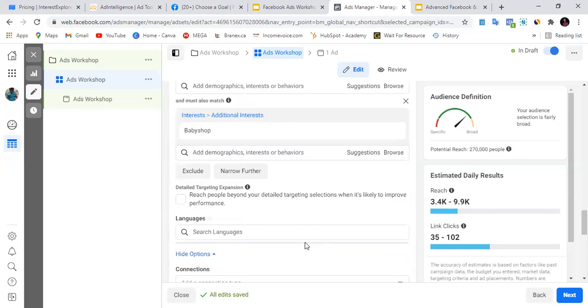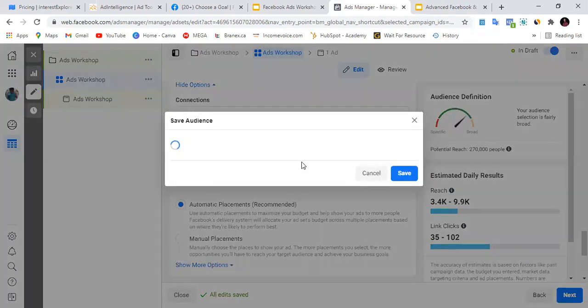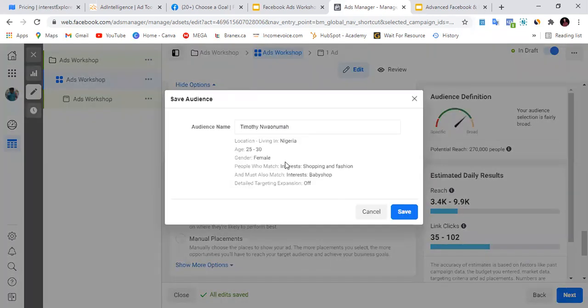So from here, if this audience suits you so well, you can decide to save the audience from here. So the audience name is going to be, let's say, Nigeria 23 to 30 F. So let's say when we have a huge number of saved audiences, we can easily locate it with the name we used to save it. Okay, so we can click the save button,